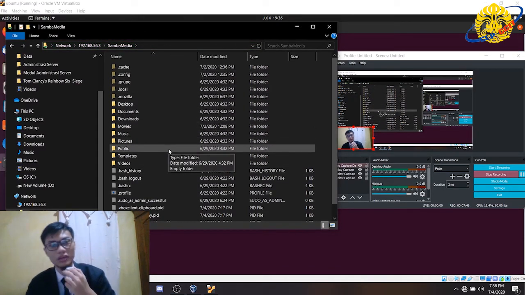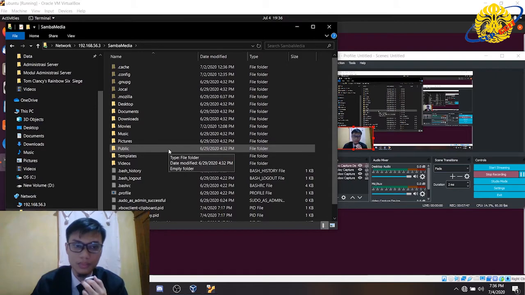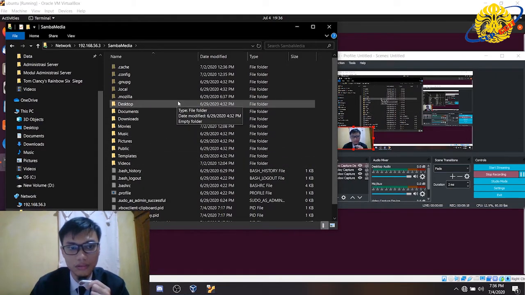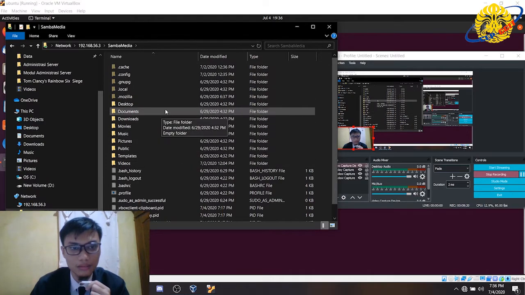And then click OK, and here we are. Okay, as you can see, we can access file and folder from the server, and we can add some multimedia thing in the server, and we can stream it in the media player.